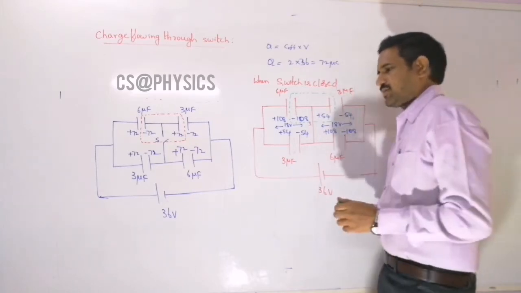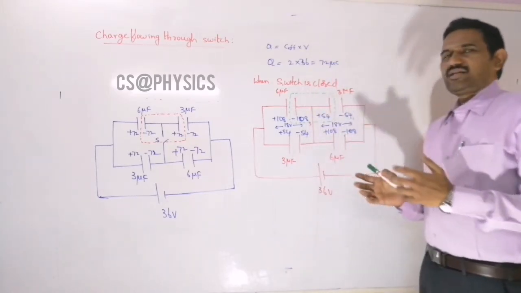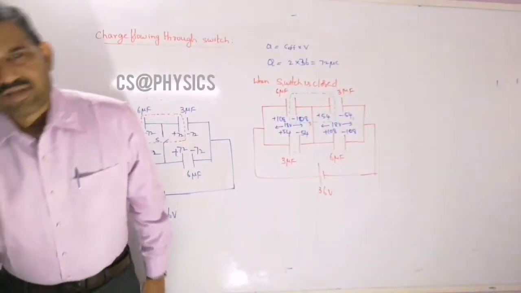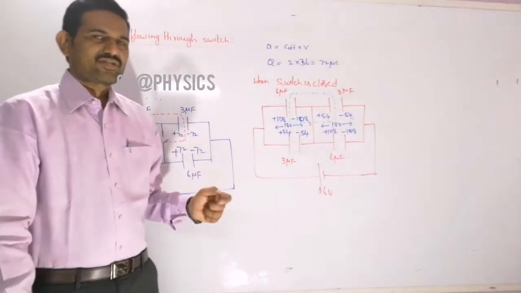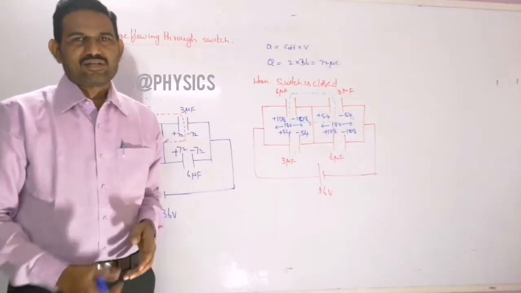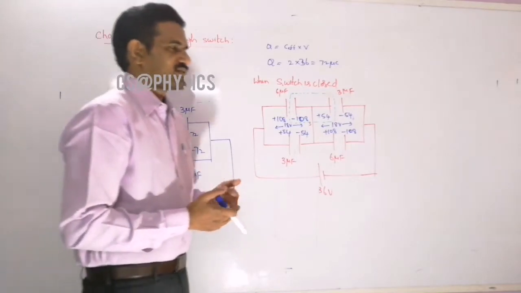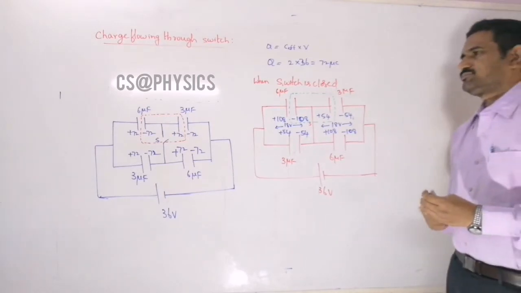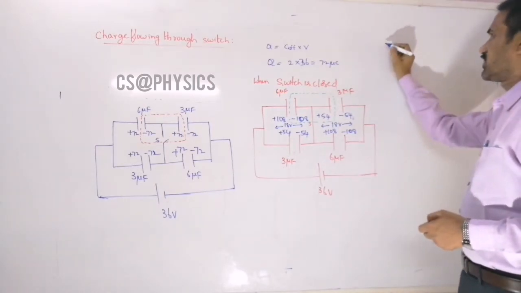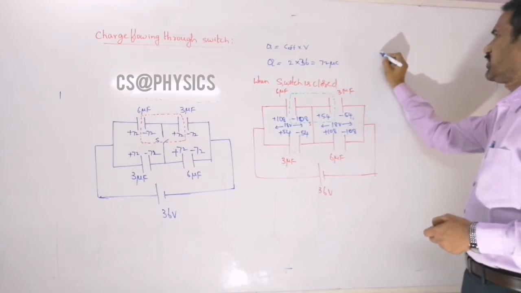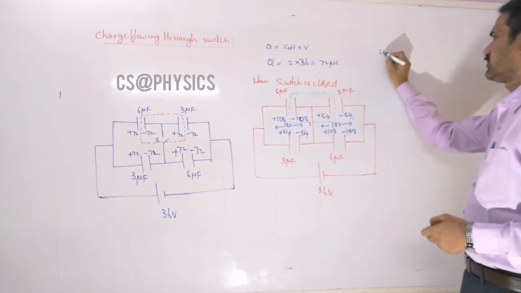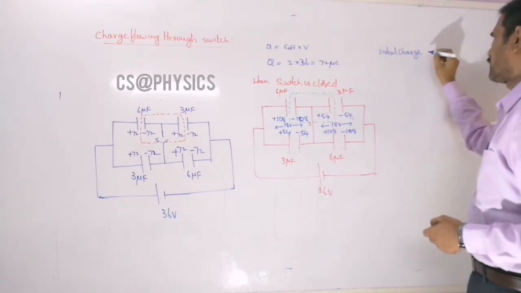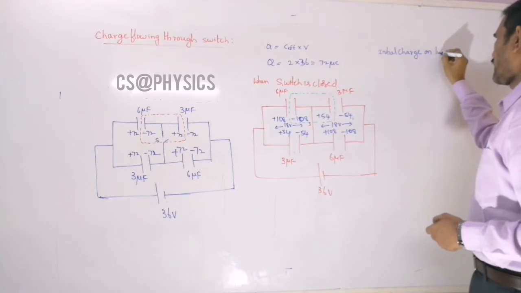So that means now I am writing that, and here generally, for the charge flowing through the switch, we only need to write the magnitude of the charge here. Sometimes they will ask along a particular direction. When they are asking about the direction, you need to write the sign also. But once they are asking just the charge flowing through the switch, it is sufficient to write the magnitude of the charge here. That means now here the initial charge on two isolated plates.